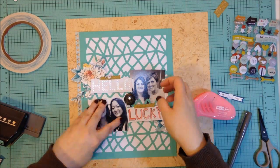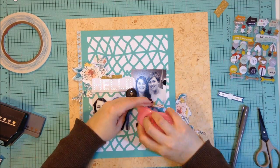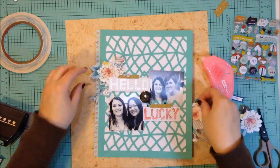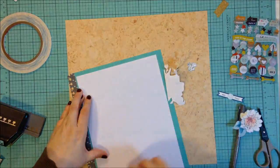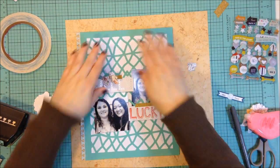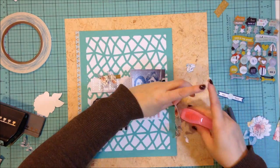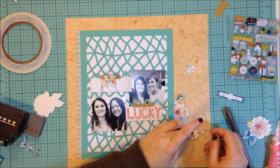I'm just kind of gluing. I only had those tucked in and taped on. I didn't have any adhesive underneath my photos or those die cuts, and so I'm just kind of lifting them up and putting some adhesive down, but I don't want to completely move everything off because I liked the placement. So I'm gluing that main part down to the background, and then I'm going to work on getting my flowers